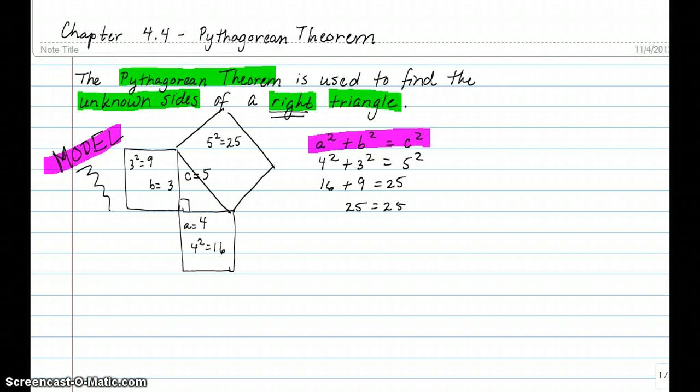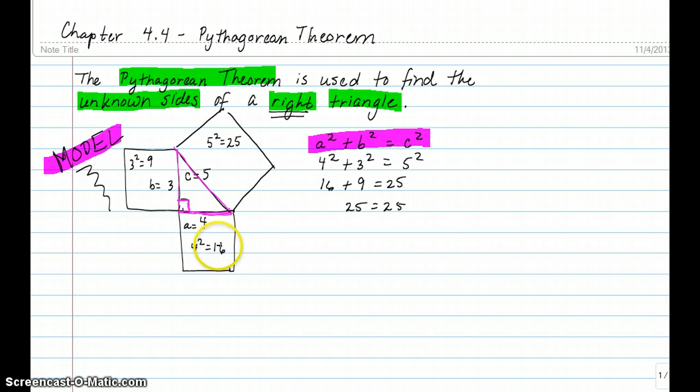A model of what this looks like is we'll go ahead and go around. This is your original triangle right here. So what you're saying is that if I take this side and square it, so this side is 3 and I square it, I get 9, so there'd be 9 squares here. If I take this side right here, which is 4, that's the side called A, 4 squared, I get 16